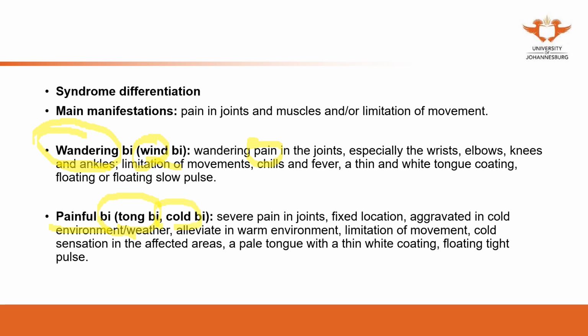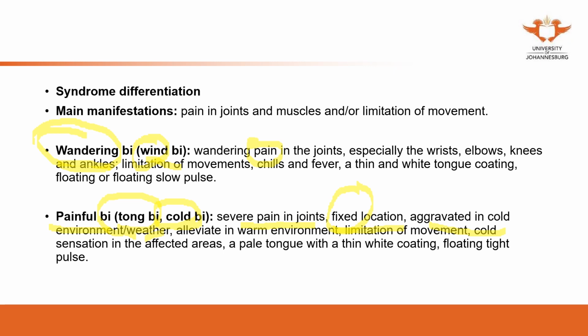The painful Bi, the pain Bi due to cold. That's why it is also called cold Bi. One of the characteristics of coldness is pain. Severe pain in the joints, fixed location, aggravated in cold environments. Sometimes, if we ask, a fixed location is not only blood stasis. The cold can sometimes also be accompanied by blood stasis, because these two